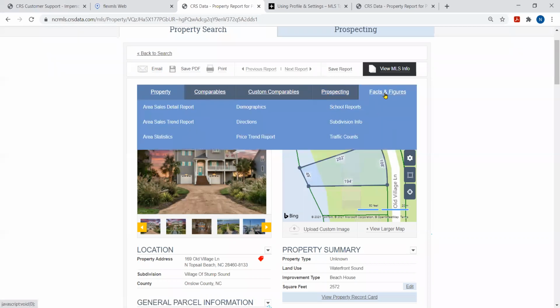All right. Facts and figures. This gives you the power to present all data that is pertinent for your client when they need it. So as I'm getting ready for this appointment with this seller, I may want to pull traffic counts. I may want to pull subdivision information or directions as well as demographics. Go in here and review facts and figures and see what items we have here in our toolkit that can take the place of something that you're going out and searching for currently or had previously,